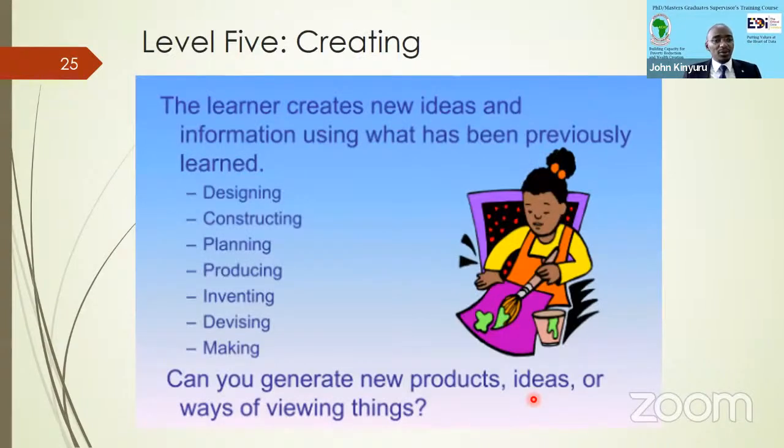The final level is creating. The fifth level is creating. This is now the point where they are moving from remembering to understanding, to applying, to analyzing and evaluating, and now they are creating new ideas and information using what has been previously learned. So this is the time they design a new equipment, they design a new protocol, right? They design